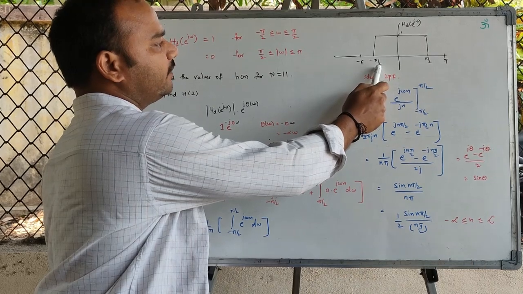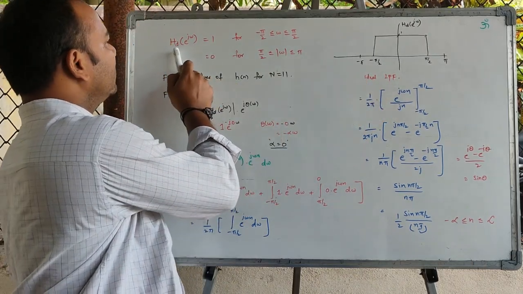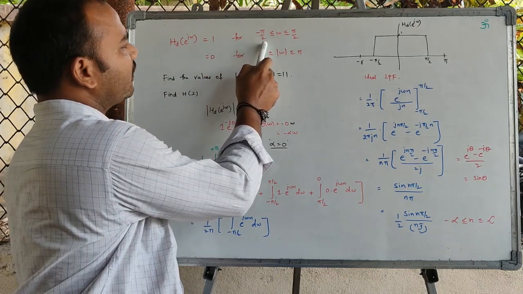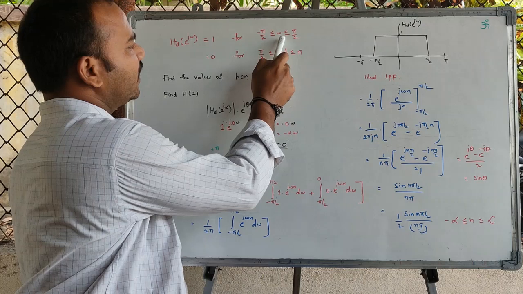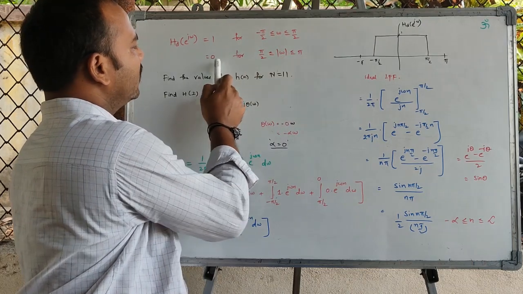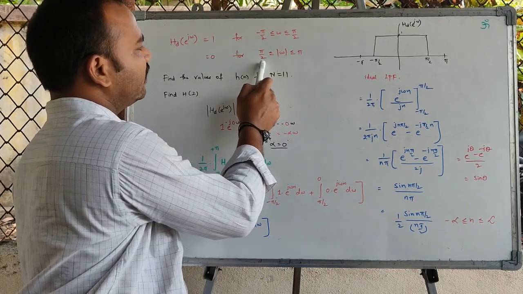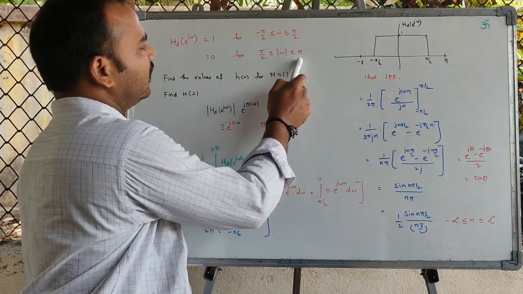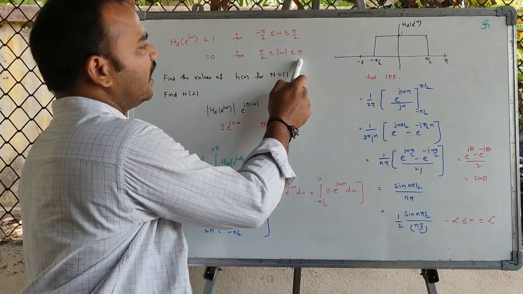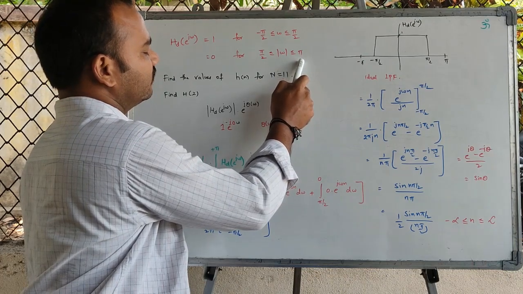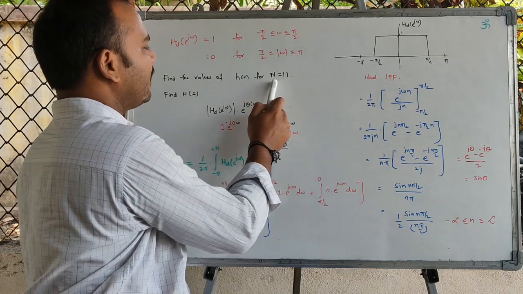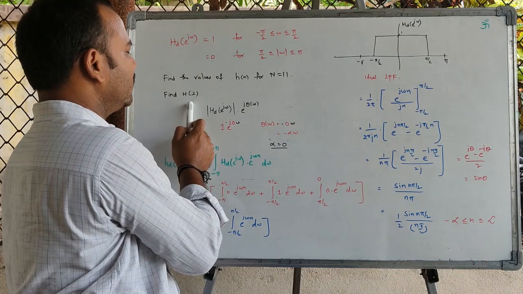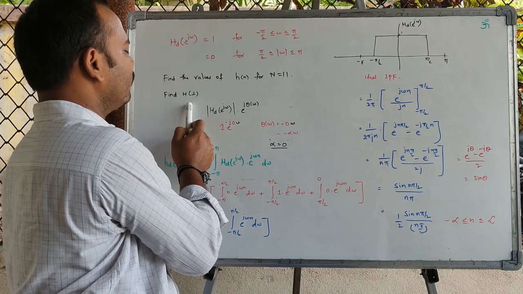We can write this response mathematically as: the desired frequency response is equal to 1 for minus pi by 2 less than or equal to omega less than or equal to pi by 2, and equal to 0 in the interval pi by 2 less than or equal to modulus omega less than or equal to pi. Now we will design the FIR filter from this specification for capital N equal to 11, and next we will find its Z transform, that is the physically realizable filter h of z.